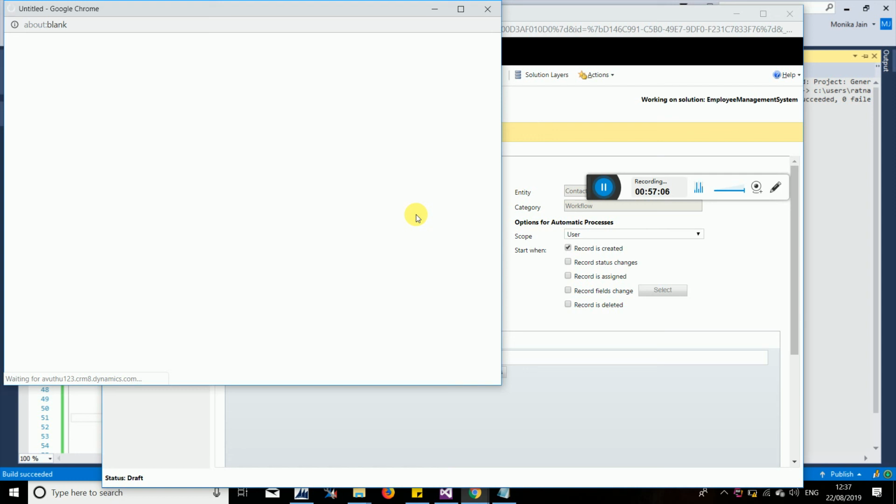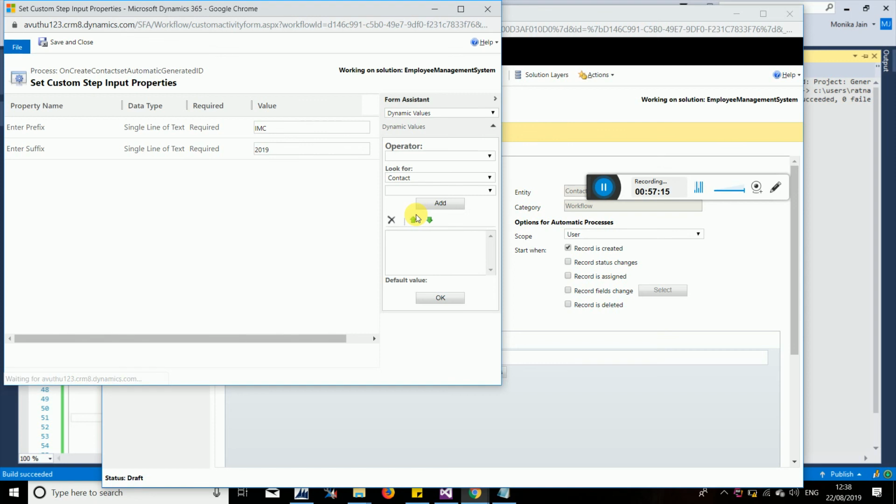So basically this thing we are doing in workflow will get passed to your custom workflow, and then the random ID which will get generated would be the ID you are writing. Suppose I want PMS, or here I want it should be 2017. Now I'm saving it and closing it.